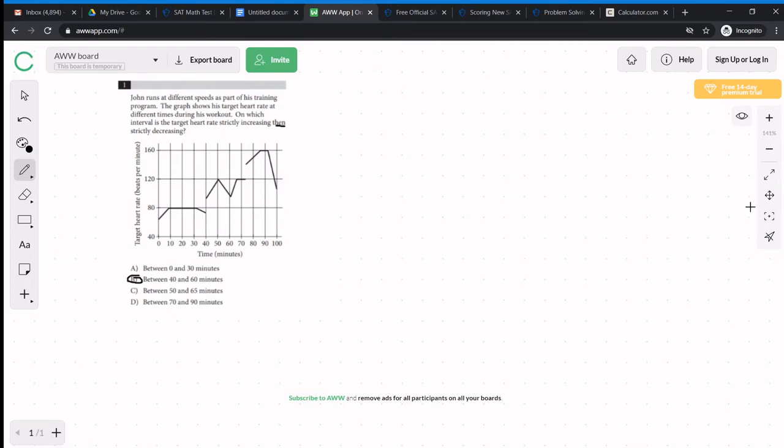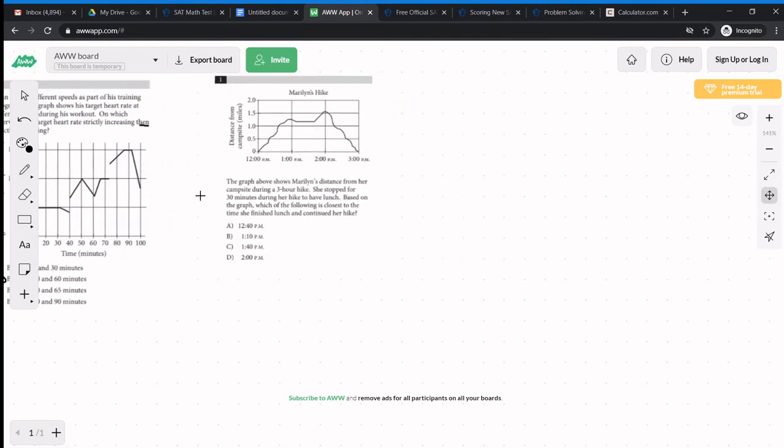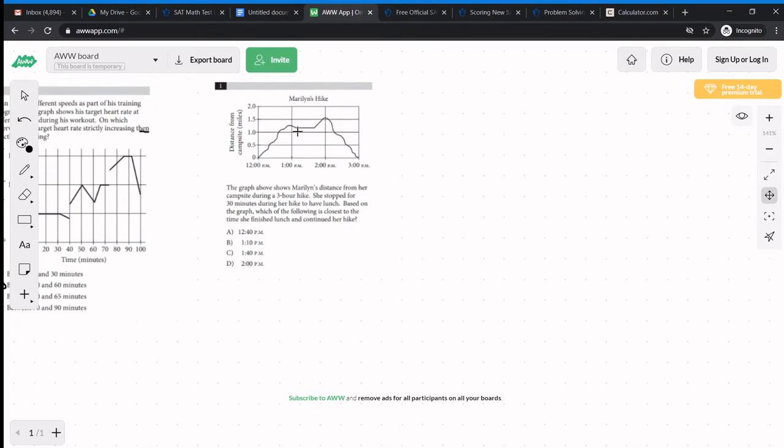Marilyn's hike. The graph shows Marilyn's distance from her campsite during a 3-hour hike. She stopped for 30 minutes during her hike to have lunch. Based on the graph, which of the following is closest to the time she finished lunch and continued her hike? Well, it appears that she's moving away from the campsite during all of this. All of a sudden, it stops for exactly 30 minutes. So it's pretty easy to see that this part right here, where she's not moving, is when she's stopping and